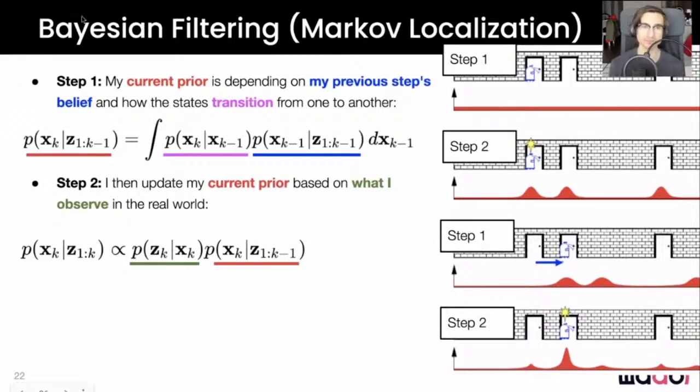Then in the second row, the robot performs its very first observe step and notices that it's near a door. However, this pose is still ambiguous since it cannot tell which of the doors it actually is next to. The robot then moves a little bit and applies its transition model to approximately propagate its old belief based on how it moves. This represents the first step of the second iteration. This increases the uncertainty a little bit, as we can see based on the widening peaks,